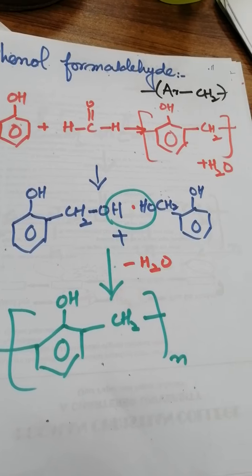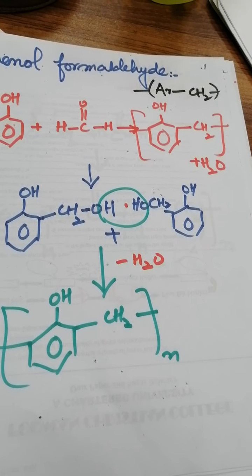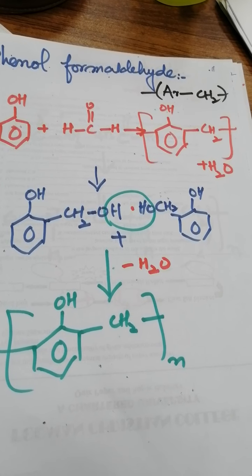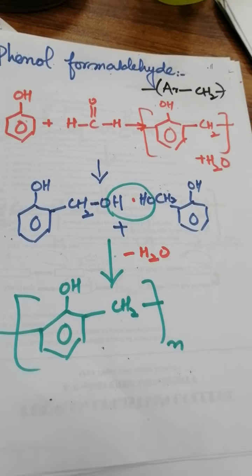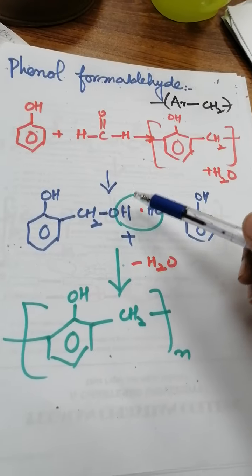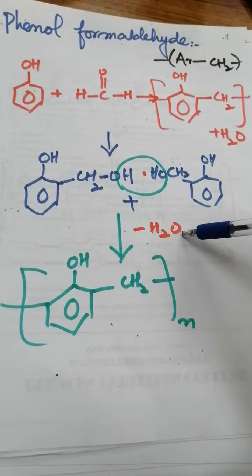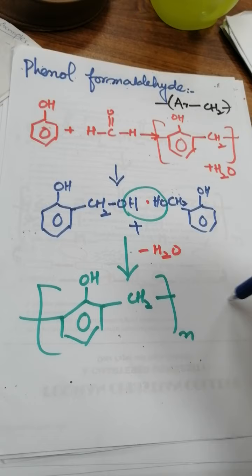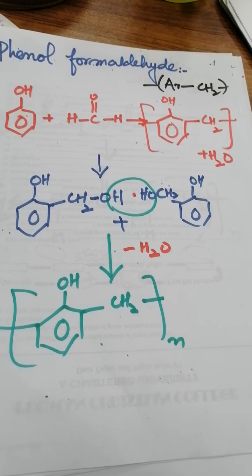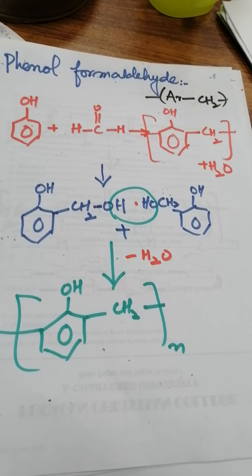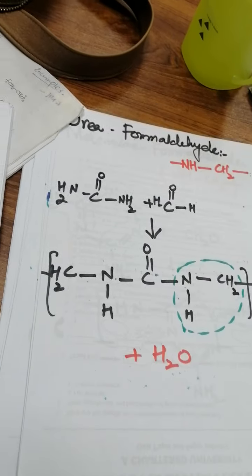So we have a phenol, and then we have a formaldehyde, right? And there will be the formation of such kind of a molecule with a CH2 methylene group, and the release of a water molecule, right? So what is happening here, you can see the formula: the CH2 and then OH of one unit will take out the hydrogen of the other one, and they will release the water molecule, and we have such kind of a long chain of phenol formaldehyde units. And the strength of this polymer is very high, having different kinds of applications, right? Previously it was used for the synthesis of coin formation.